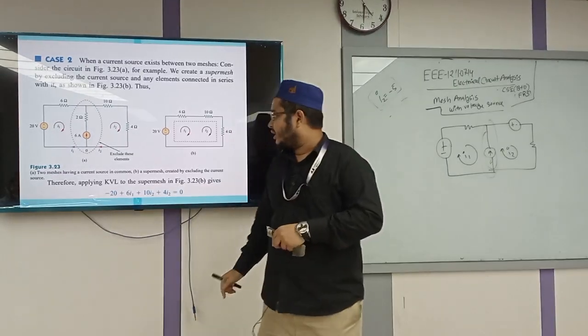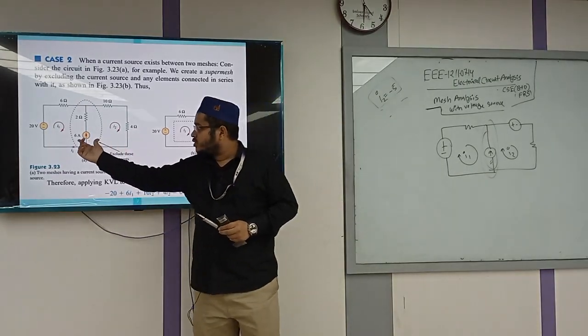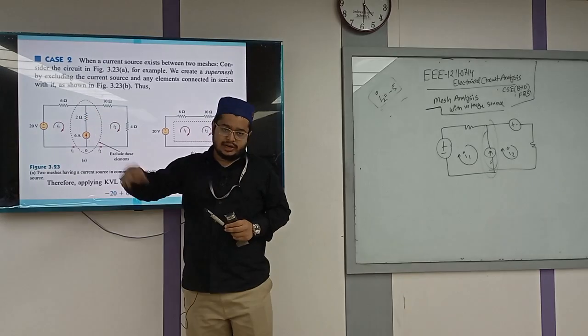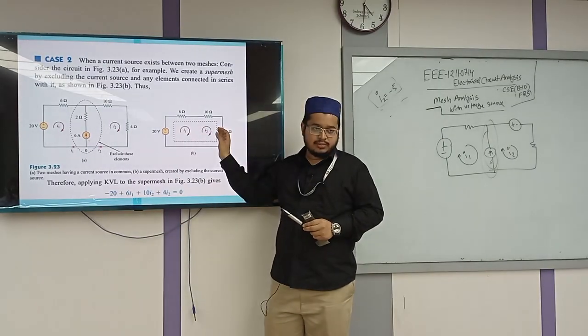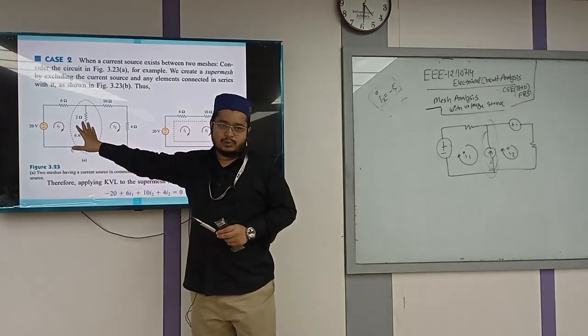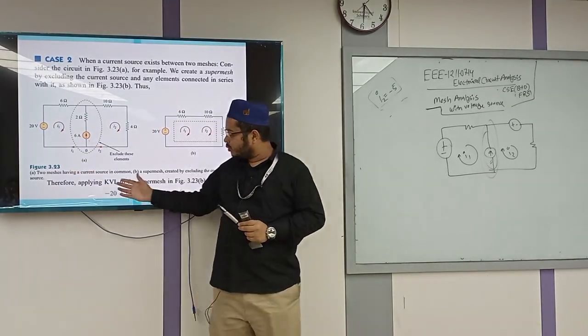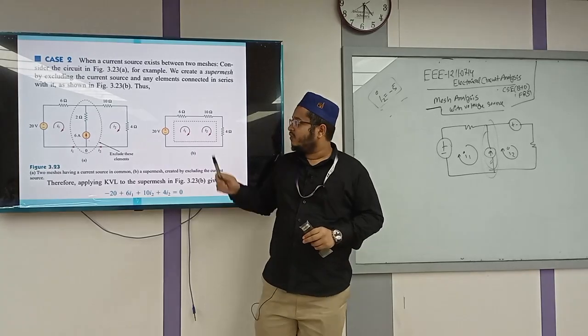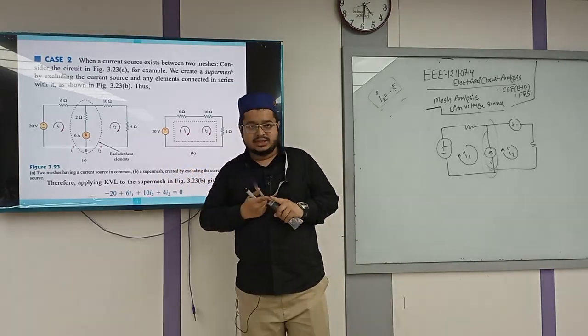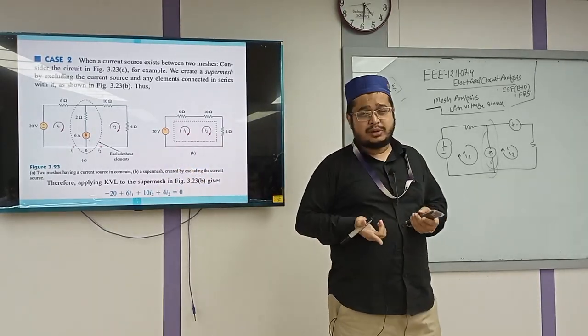Okay, তাহলে প্রথম কেসে কি করলাম? কারেন্ট সোর্সের সাথে যেটা সিরিজে ছিল সেটাকে সরিয়ে নিলাম, পুরোটাকে আমি কেভিএল চালালাম। এরপরে কারেন্ট সোর্সও সরাইলাম, ওটা তো হিসাব করা লাগবে না। এখানে আমি কি করব? কেসিএল অ্যাপ্লাই করব। তাহলে আমি দুটো ইকুয়েশন পাই।